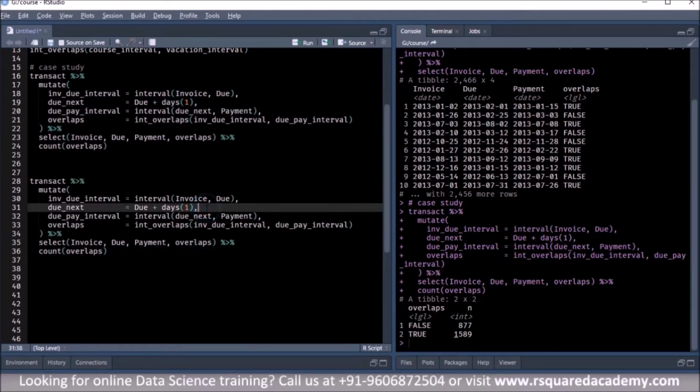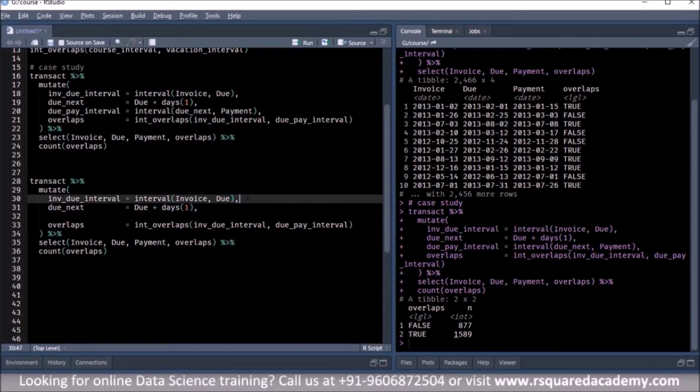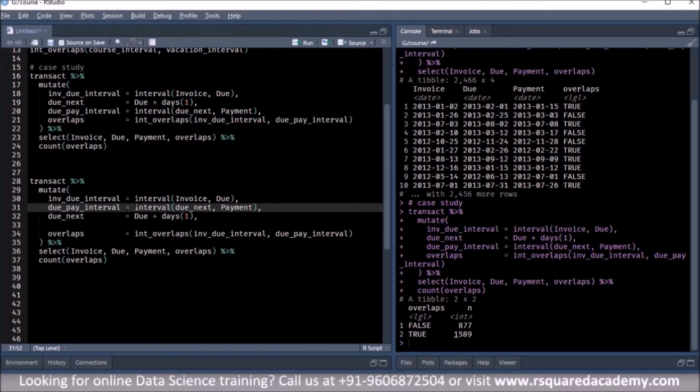Instead of creating the interval after moving the due date forward by 1 day, we'll first create the two intervals. The first interval is between the invoice date and the due date. The second one is between the due date and the payment date.